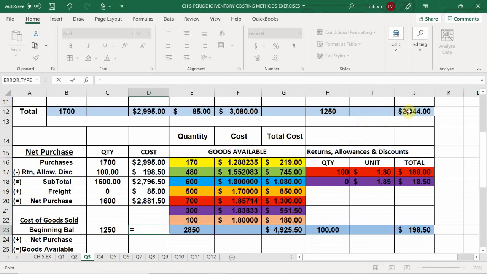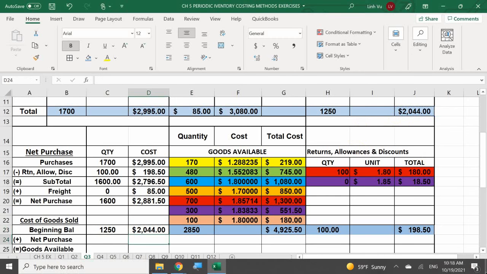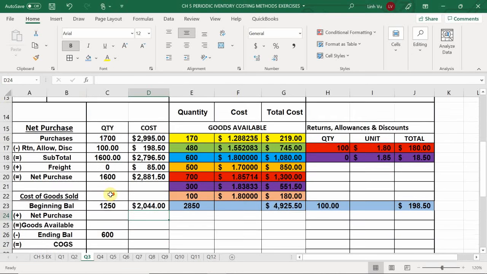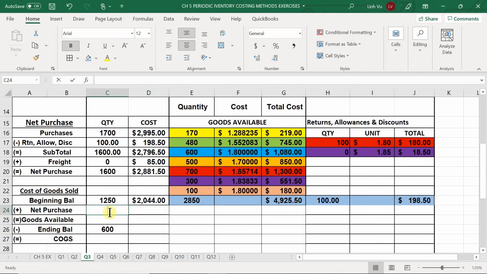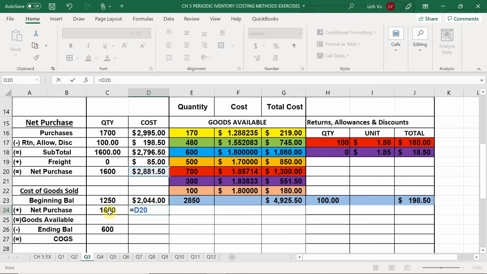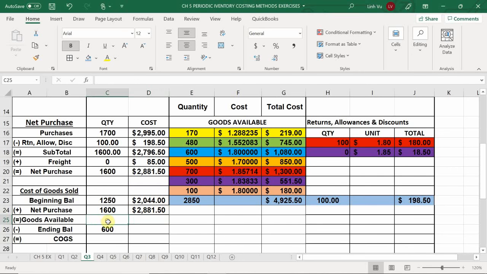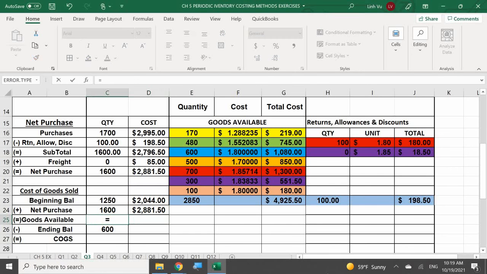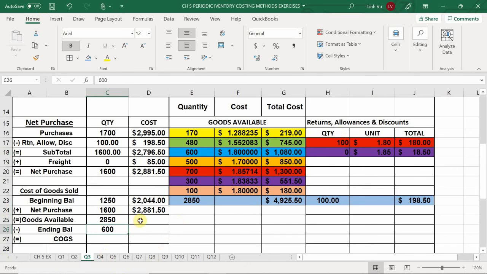And that cost me a grand total of $2,044, okay? I'm going to carry down my net purchases of the 1,600 units costing $2,881.50, and my grand total. I'm going to add these two numbers up to get a grand total of 2,850 units at a grand total cost of